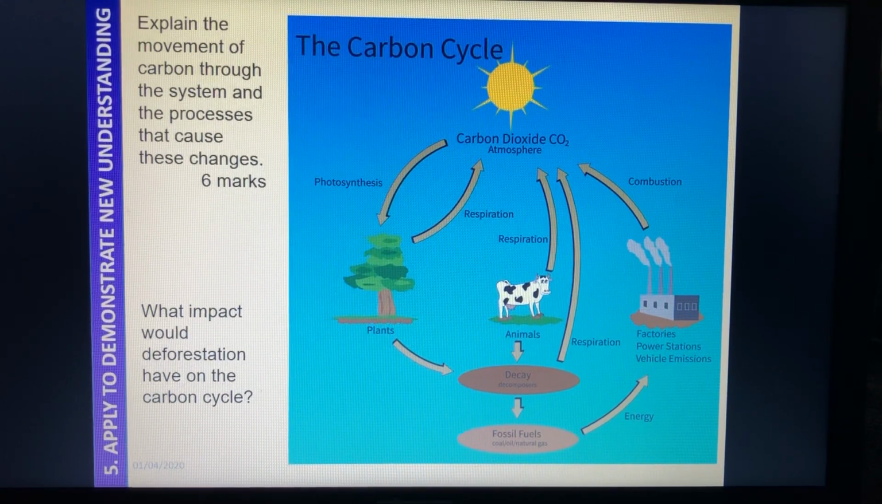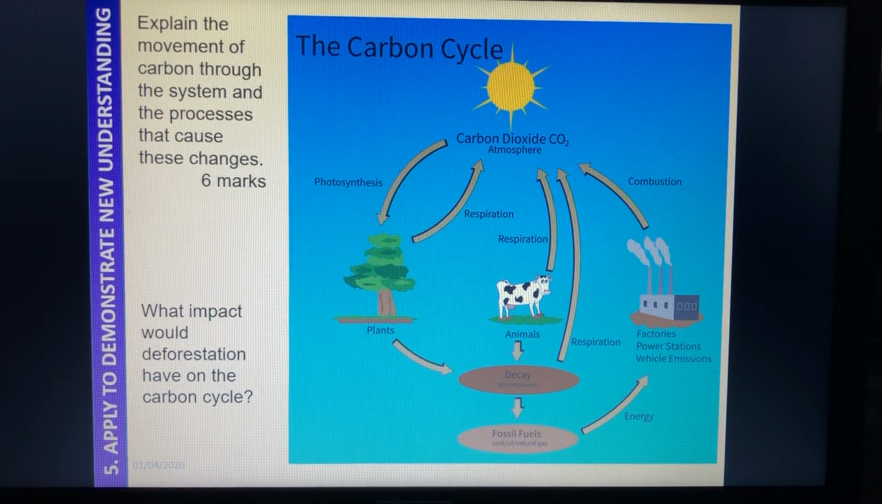And the decay process is actually going to be the next lesson I do this week, and it's a triple science lesson only. So we're looking at decay, which is where our microorganisms such as bacteria break down the dead matter and decompose it, and so they basically break it up into smaller pieces,